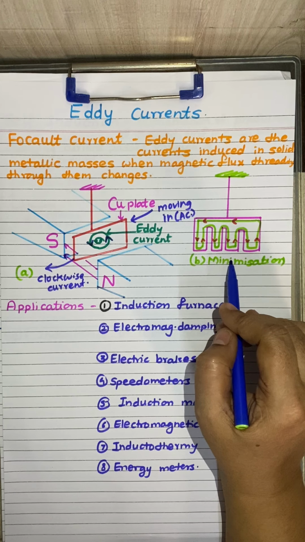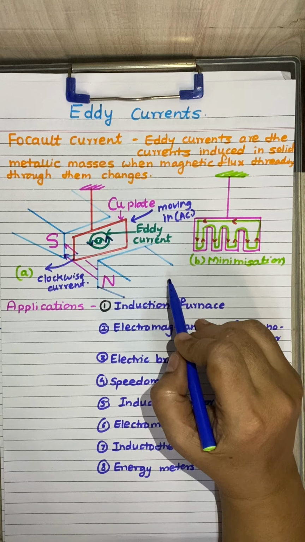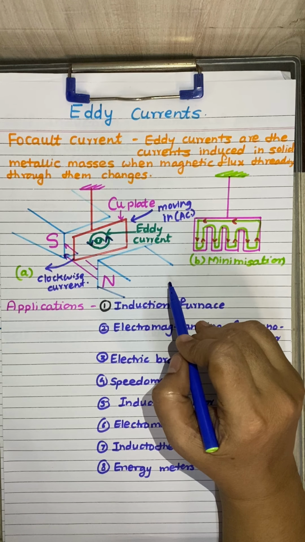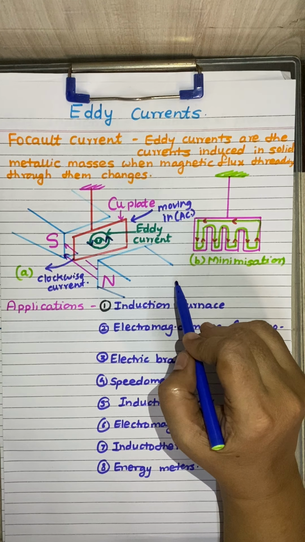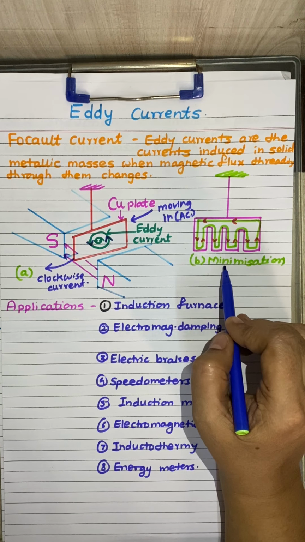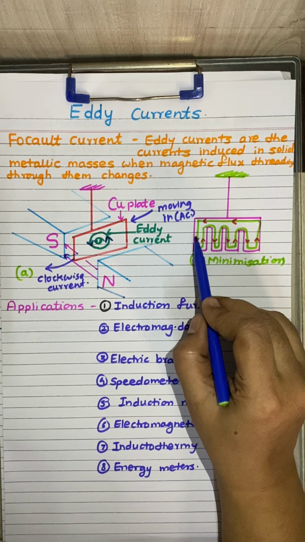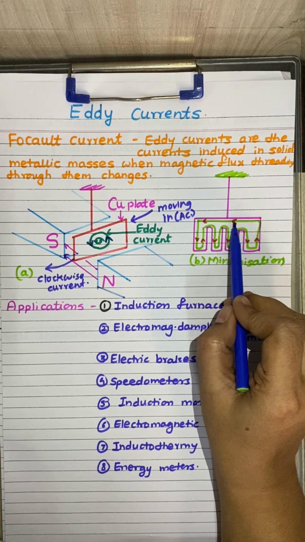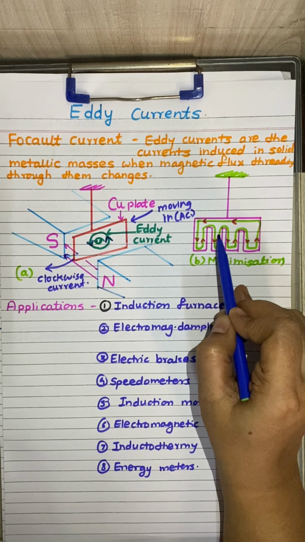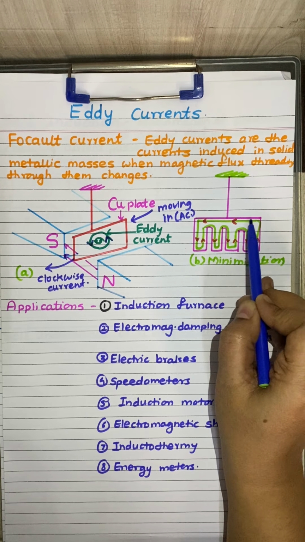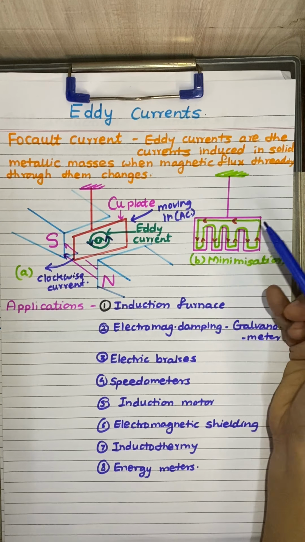Why is it so? Because the loop has a much larger path for the electrons to travel, and a larger path offers more resistance to the electrons, and so the eddy currents are sufficiently reduced. As a result, opposition to the oscillation becomes very small. Now you can see that as soon as we cut this path, the electrons in this copper plate have to travel a much longer distance to complete the path, isn't it? And that's why the amount of eddy currents is reduced.